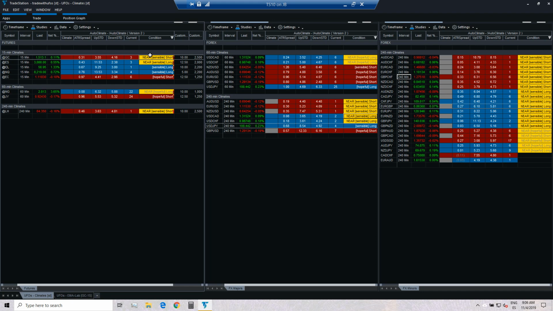Therefore, if gold is not a valid candidate, I can go ahead and look at lean hogs. But you know what? We just got a flash alert here as well on the S&P futures, where we have an alert near sensible long, 3 candles into the climate, where those climates in that time frame are likely going to last for 11 candles. So a very, very nice time to enter or plan or examine a trade to be executed with the S&P 500 index.